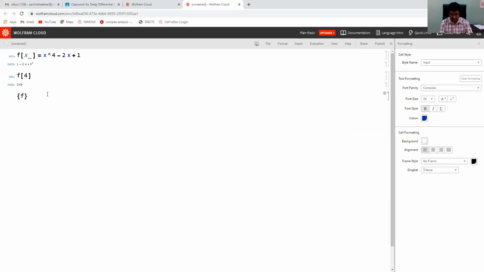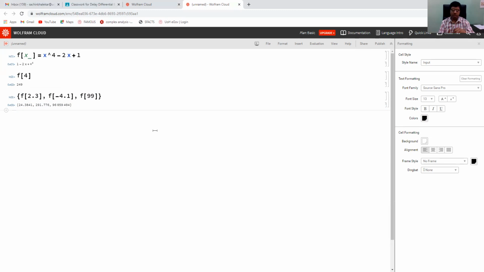In this list, I may write f of 2.3, f of minus 4.1, comma, f of 99, and so on, and then run. The output is also a list. So the first entry is f of 2.3, the second is f of minus 4.1, and so on. So this is about defining a one variable function and evaluating at different points.